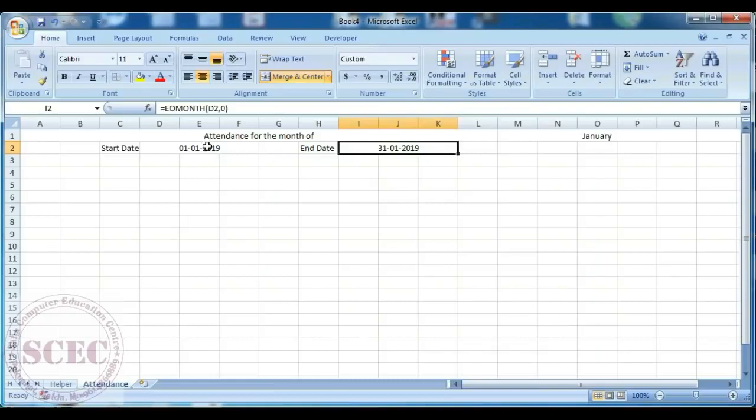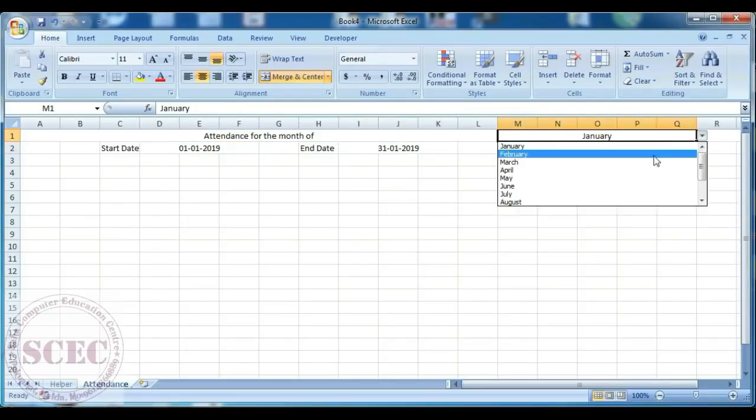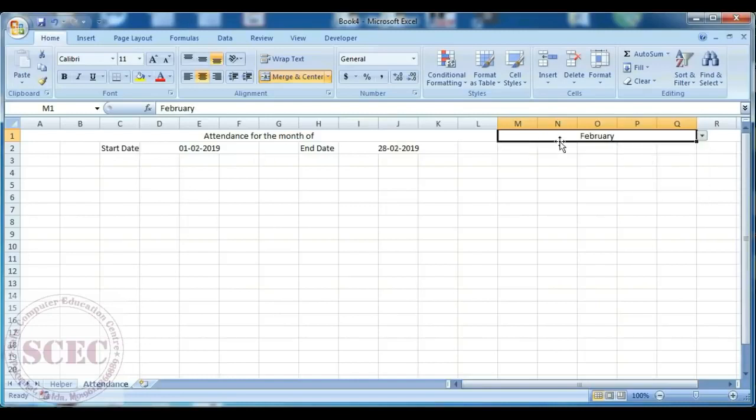So we have got the first date and the last date. When we change the month, see it changed automatically. We selected February, now it's 1st February 2019 to 28th February 2019. When you select March, see 1st March 2019 to 31st March 2019.